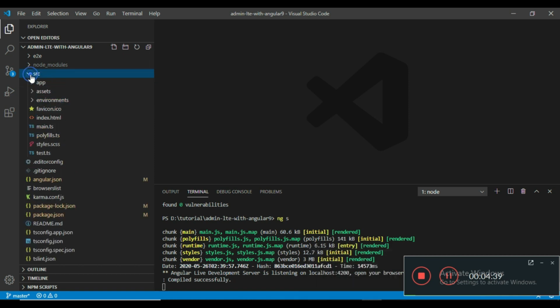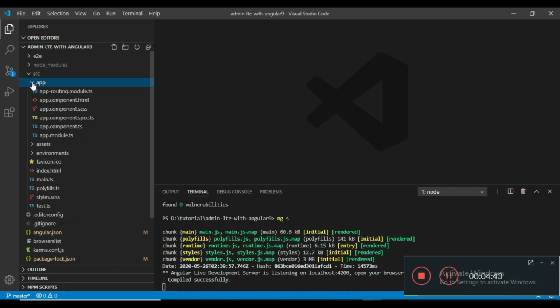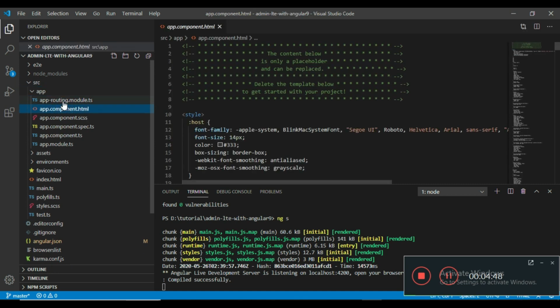So go to src, then open the app folder and the app.component.html file.